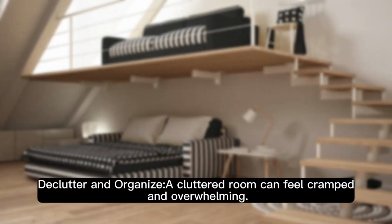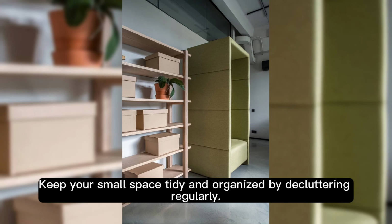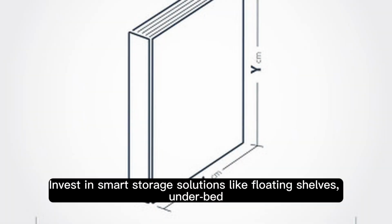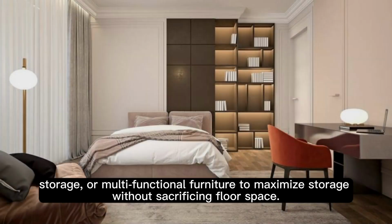Declutter and organize. A cluttered room can feel cramped and overwhelming. Keep your small space tidy and organized by decluttering regularly. Invest in smart storage solutions like floating shelves, under bed storage, or multifunctional furniture to maximize storage without sacrificing floor